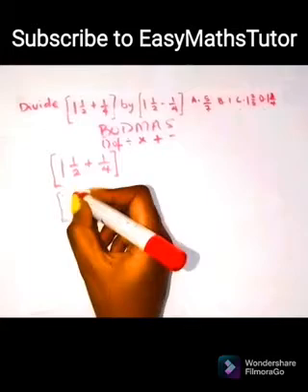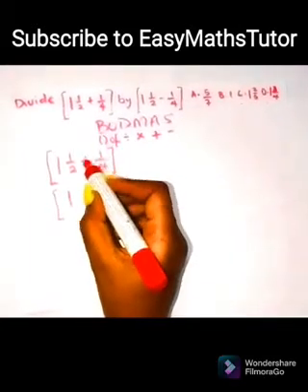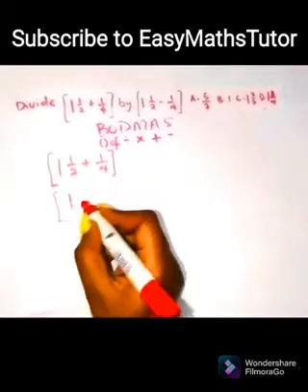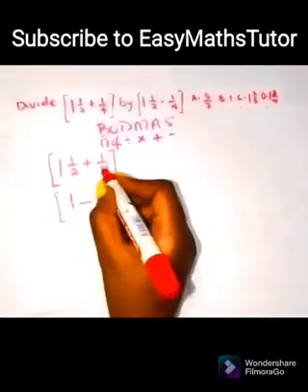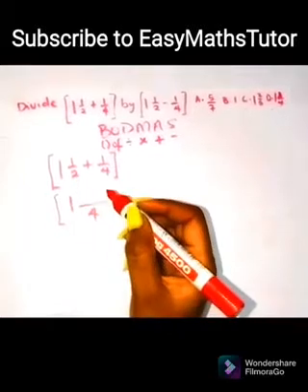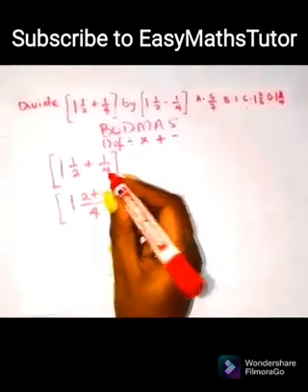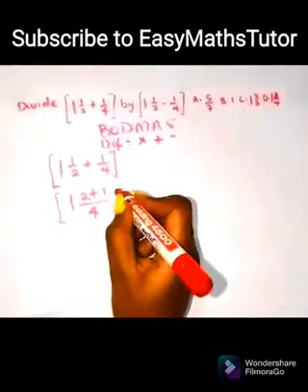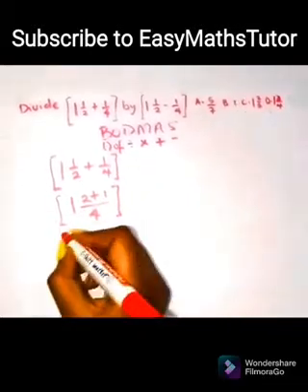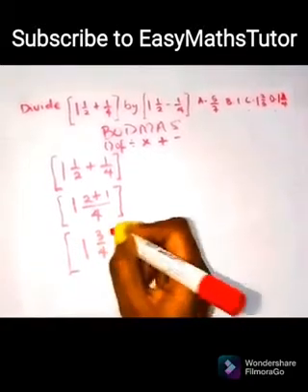So we have a whole number, so we take it. The whole number here is 0. So 1 plus 0 gives us 1. Then the LCM of 4 and 2 is 4. 4 divided by 2 is 2 times 1. 4 divided by 1 is 1 times 1. So we will have 1 whole number 3 all over 4